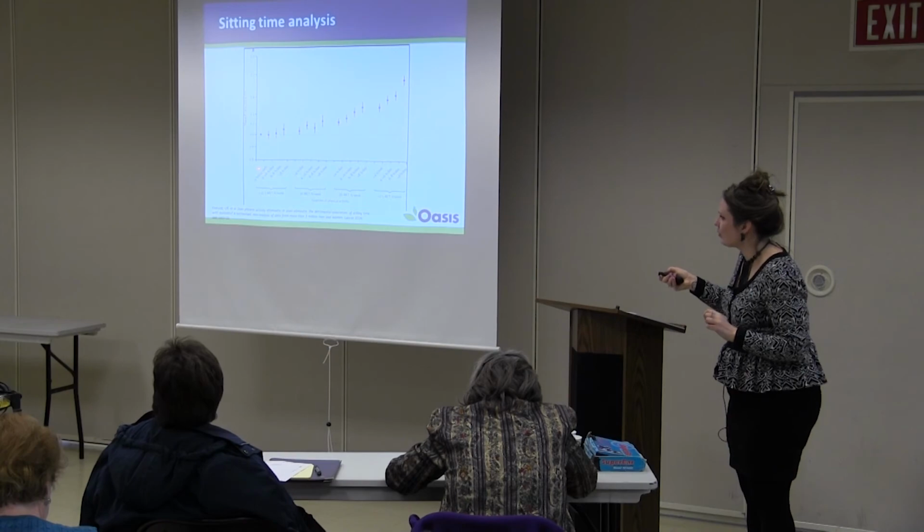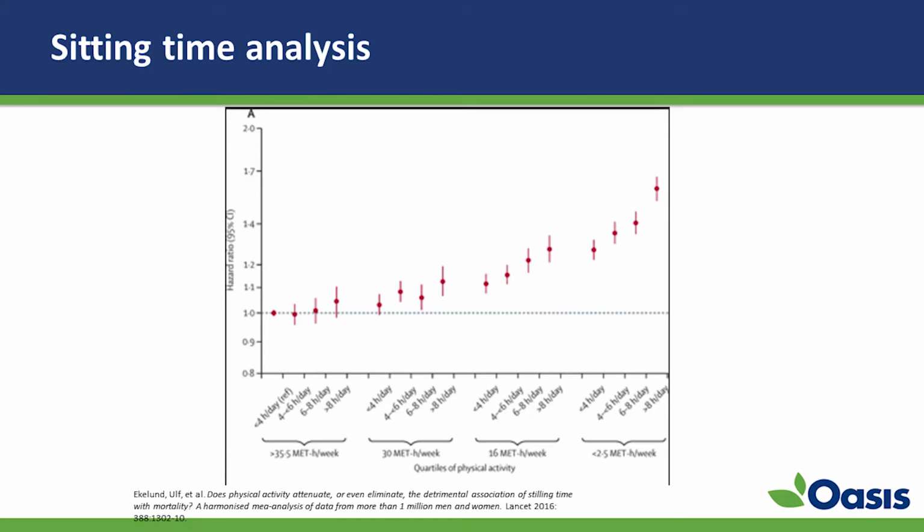Now within each quartile are the same 4 different stratifications of how many hours a day you sit. So always the one furthest to the left is less than 4 hours a day. The second one in each of these quartiles is 4 to 6. The next one is 6 to 8, and then the other one is over 8. Okay, just helping you figure out how to read this chart. It took me a minute. On this